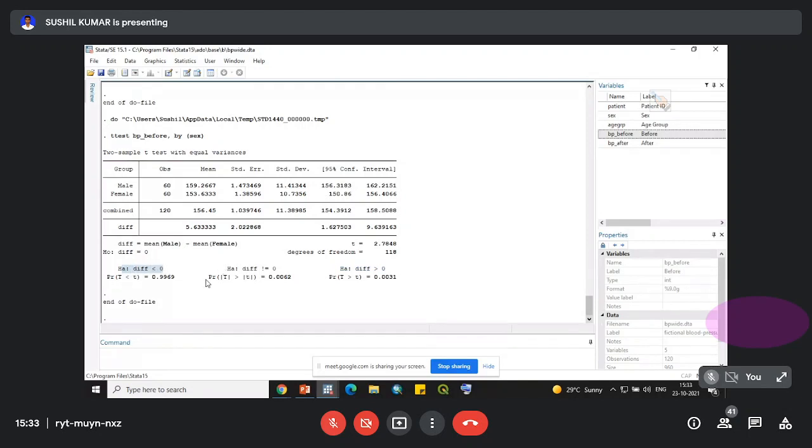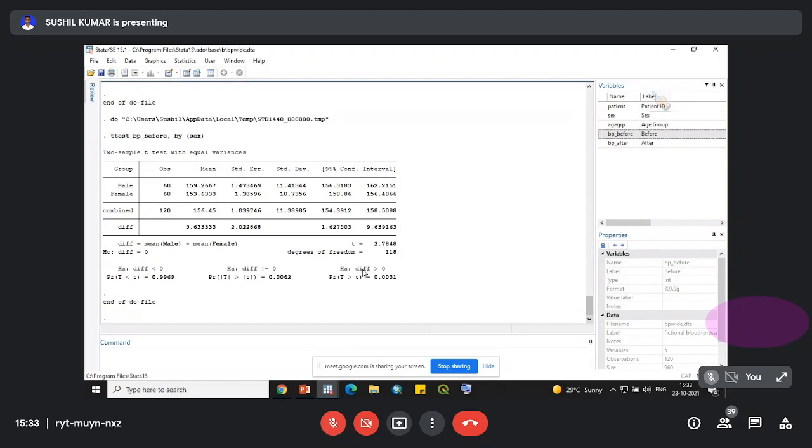Now you can see here that in the two-tailed test, the p-value is less than 0.05. Therefore, we can reject our null hypothesis that the mean score of male and female is the same or not different, and accept our alternate hypothesis. In this case, when we perform a two-tailed test, we are not sure which side it is skewed, whether it is left or right, whether the score of male is higher or female is higher.